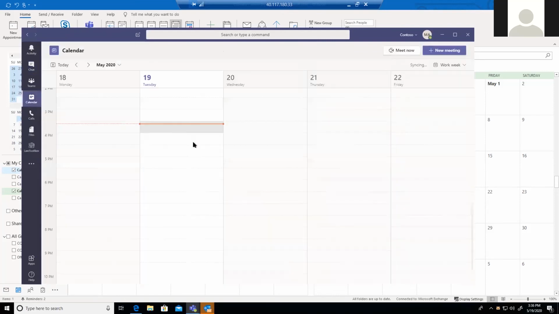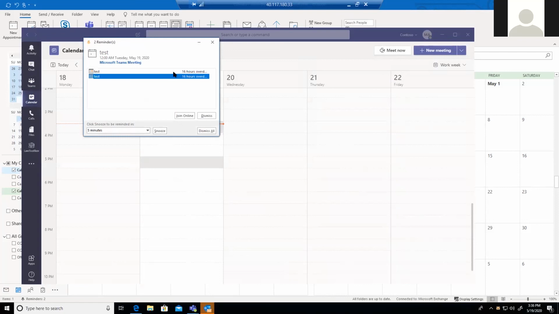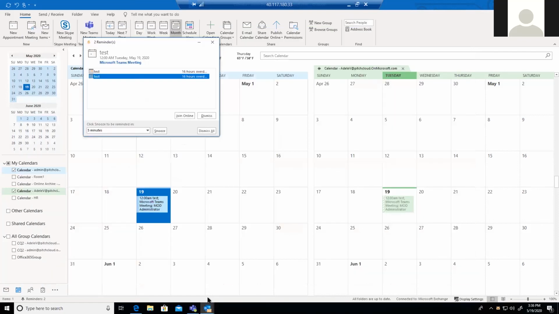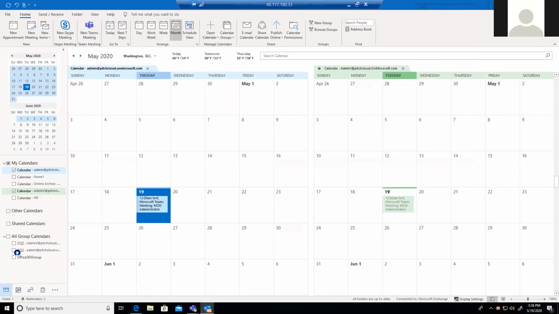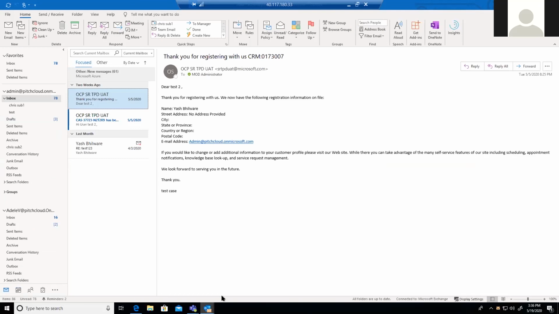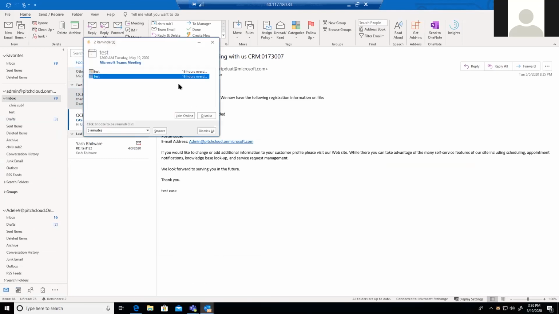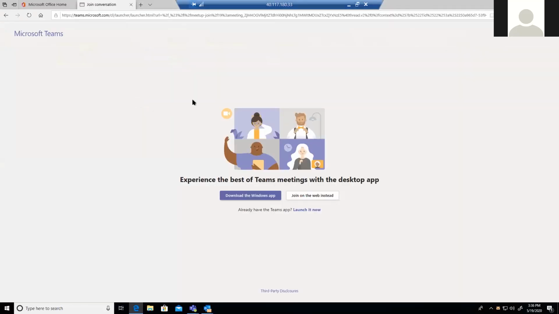And whenever that meeting time comes, I can actually go here and I can directly just one click. This is not a Teams functionality, but it's an Outlook functionality itself. I can go here into mail directly, and then there is a reminder option. Under that reminder option, I can just click on this meeting and click on join meeting. One click join, and I'm going into the meeting.